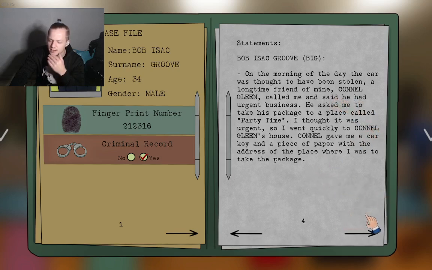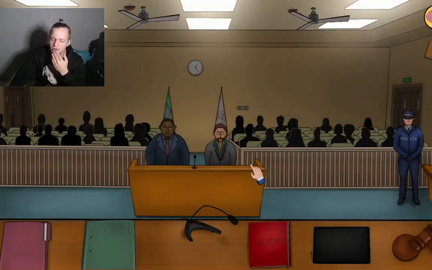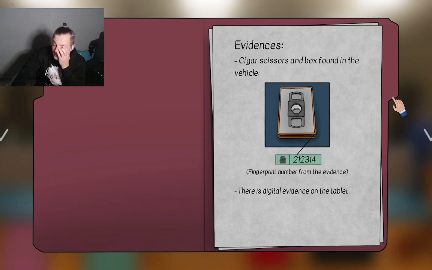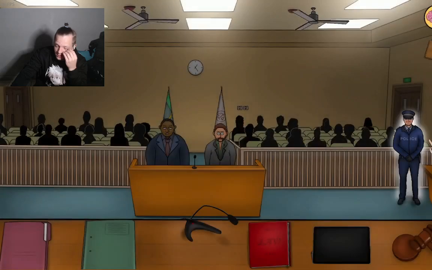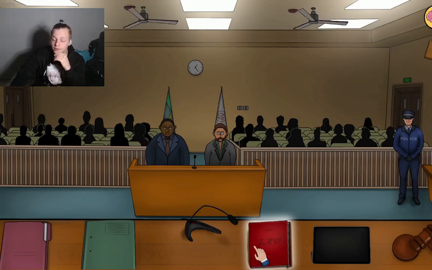Connell gave me the car key and a piece of paper with the address. Dang, wait, so his buddy tried to pin it on him. Because that's for real not his. Yeah, that's for real not his. Okay. So Connell's lying, bro. I think.